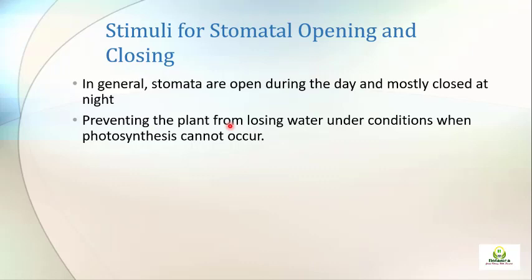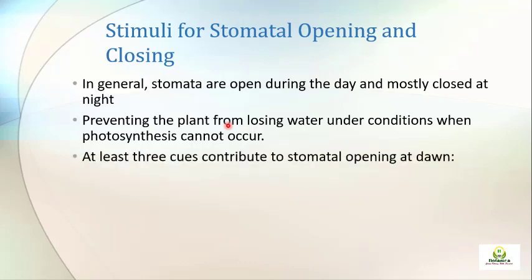So the plant has to face both of these. The plant has to balance both functions. The plant gets gases, the CO2, from the environment, and it also has to face the loss of water. So when there is no gaseous exchange, when there is no need of carbon dioxide from the environment, what does the plant do? It closes the stomata so that water is preserved in the plant and is not lost.